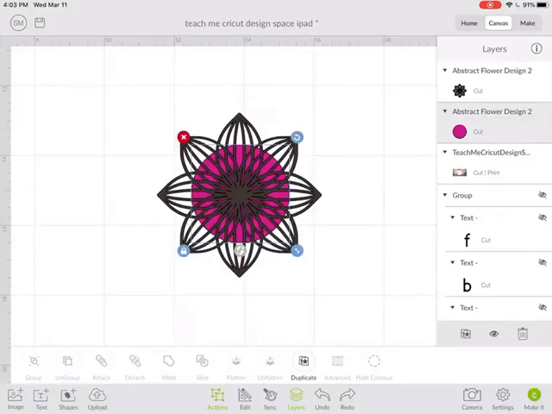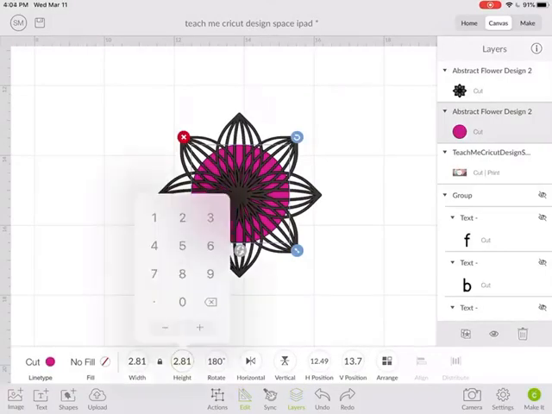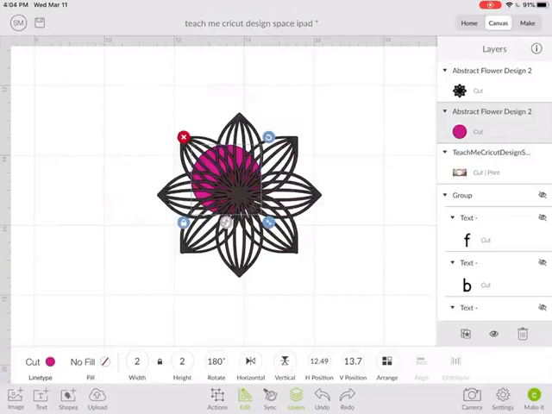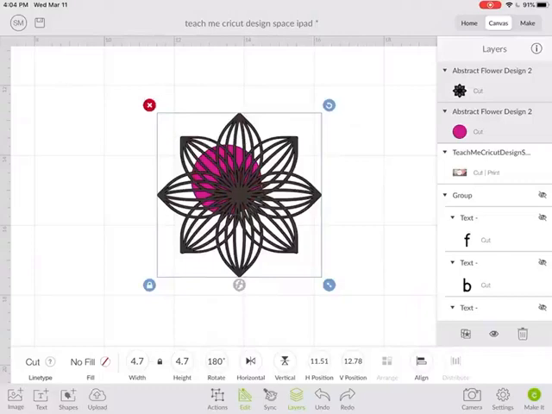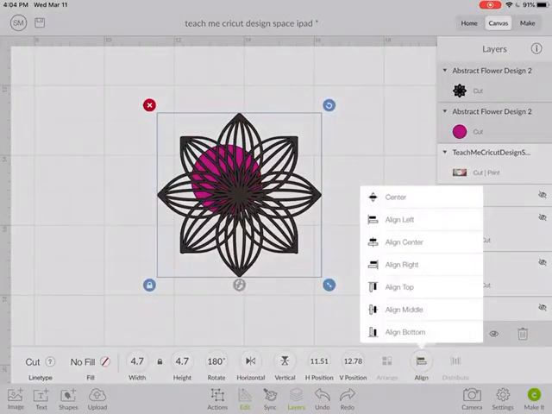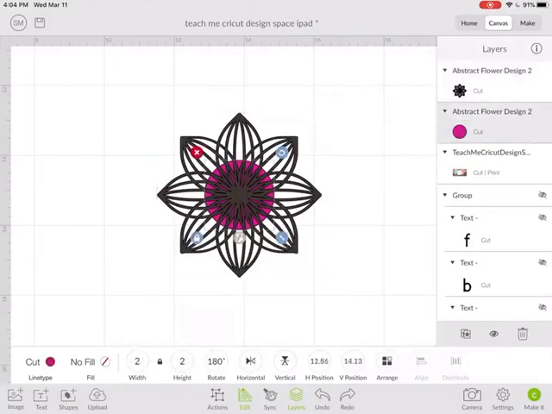So now I could go into Edit and I could tell it to, let's make the width of this 2. And now it shifted it also. So now I could select both things and align them to be centered. What else could I do with this? I could click on just that